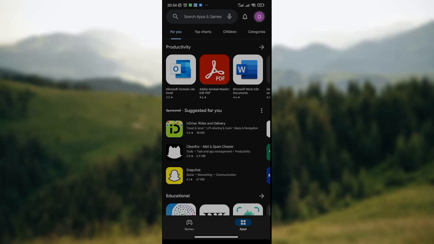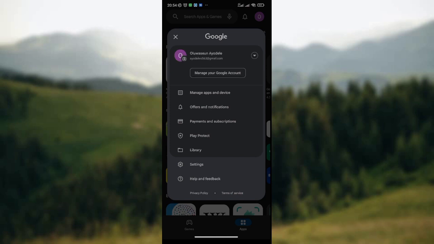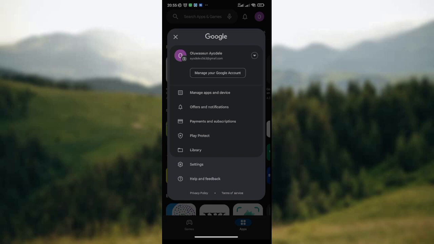Then you wait for a drop down to be displayed on your screen. On the drop down menu you see your name, you see the email address, you see options like manage apps and devices, offers and notifications, payment and subscription, and other options are also available. Since you want to redeem and use Google Play Store gift card, all you need to do is to click